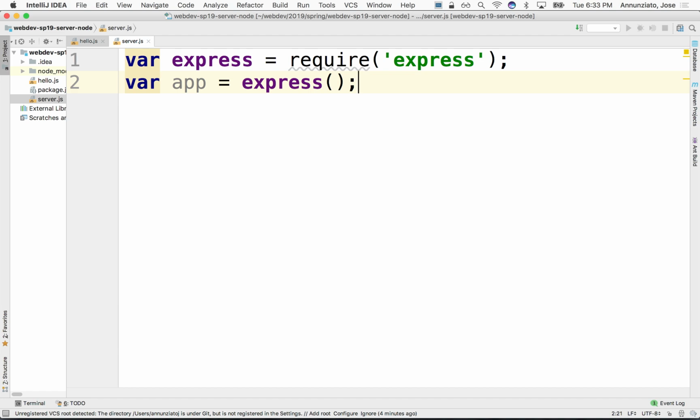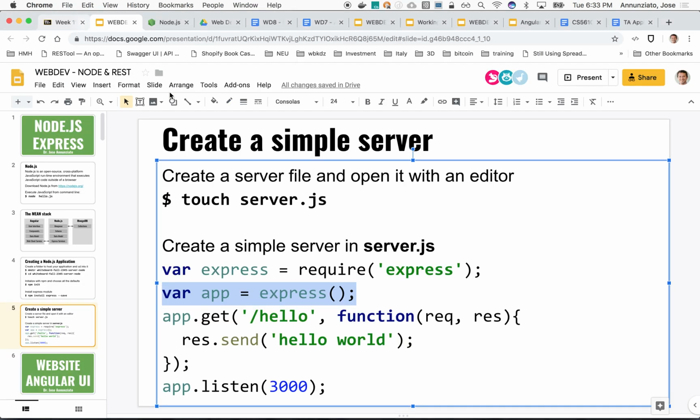That is going to be our entry point to the application, right? This is a server-side application, so that's why we're calling it app. It's a very common name. So this is the entry point for the server application. Okay. Next, we can have